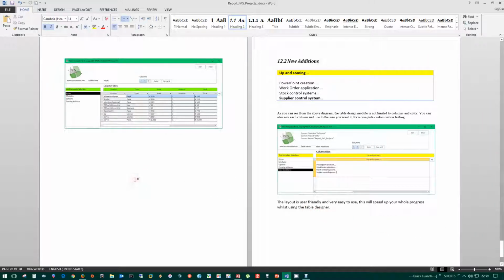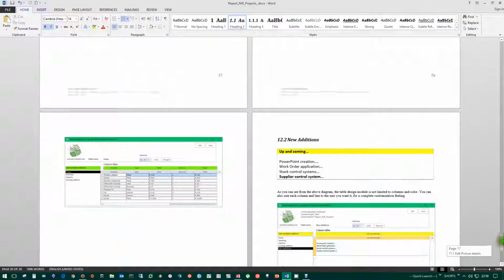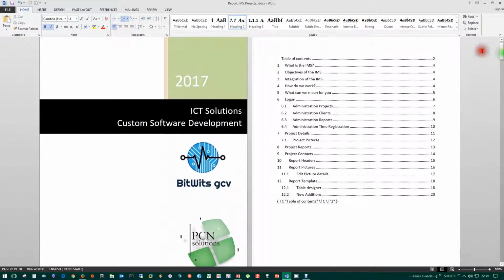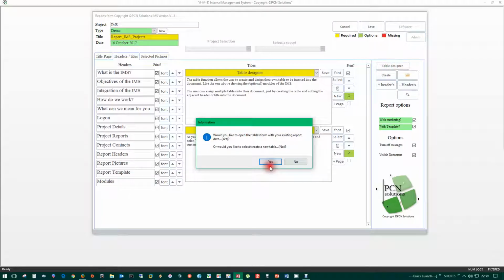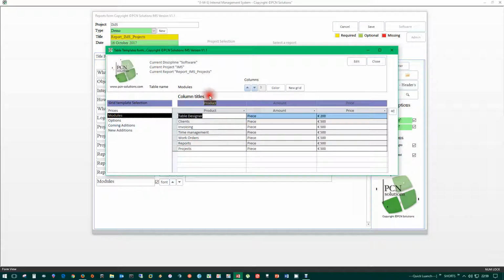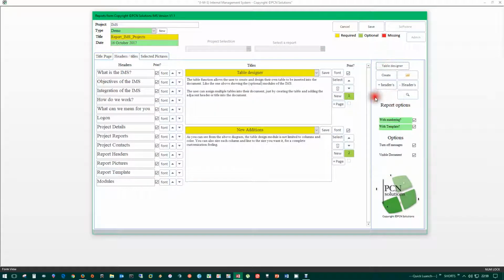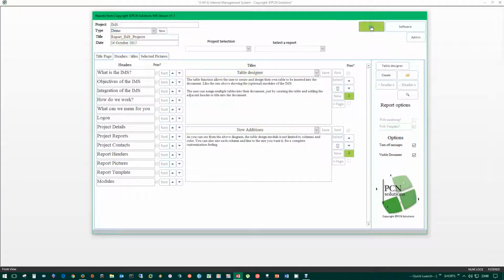Now you can see that, and I did say earlier on I had one called modules, and just to show you it adding the table in, we'll also show you taking the indexing, table of contents, numbering away. So we go back to the report now, and I'm going to just put a little tick mark in here. Normally, if I am correct, when I come to print a report, you will notice there will be a header, modules, and you will see the module table designer, which should be this table, inserted into the document. And we're also going to take off the numbering so that we can show you how easy it is to remove the numbering. And now I'm going to create it again,